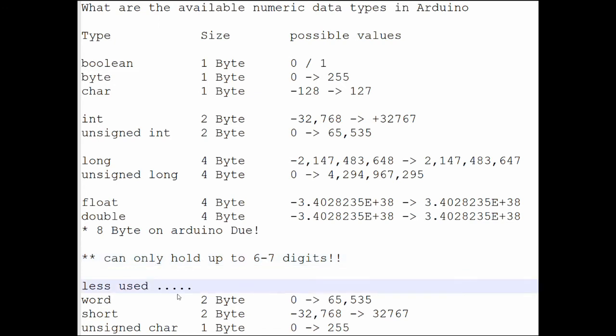And last but not least, the less used ones, which are not recommended as well. The first one is word, not to be confused with the word "word." This one is not for storing any strings. It's almost the same as unsigned int. It's 2 bytes and allows you to store a number anywhere between 0 and 65,535. The second one is short, which is basically the same as int, which again takes 2 bytes and allows you to store a number anywhere between minus